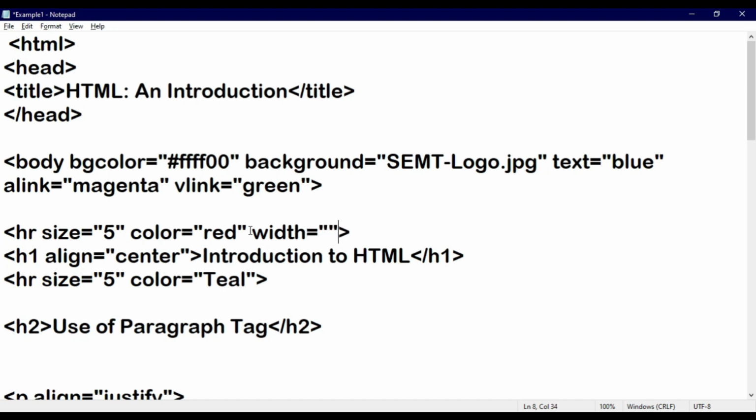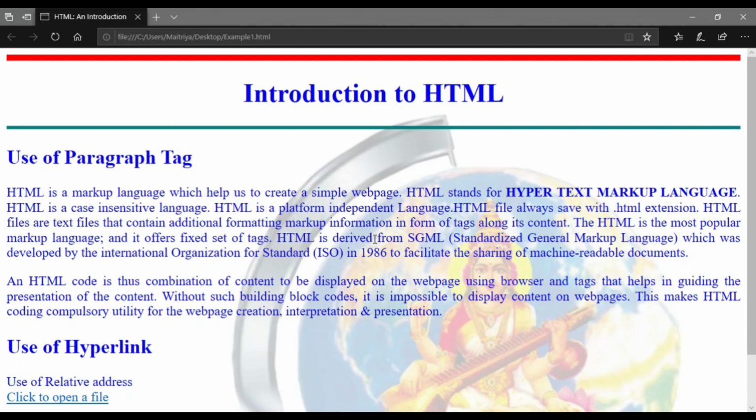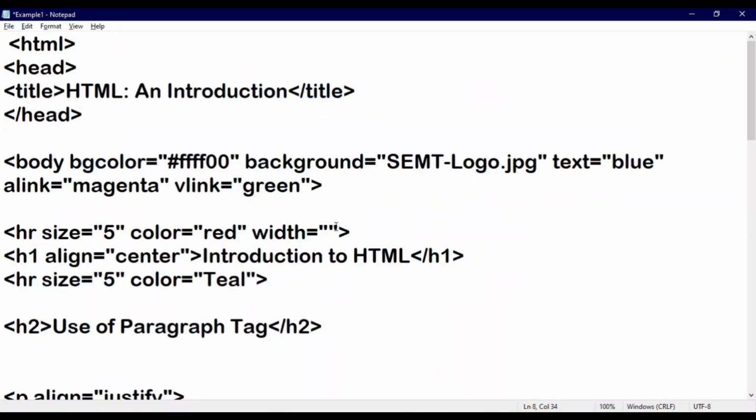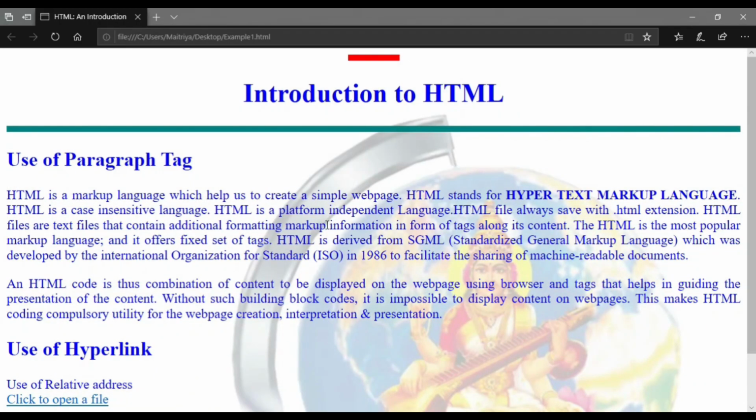In this width attribute we can set the length of a line, meaning how long you want it to appear on your screen, and by default the value of width is 100, meaning the length of your horizontal rule will be 100%. But instead of 100%, here I am writing 60%, or simply 60, then save your file, get back to your browser and press the F5 key. You can see the size of your HR is reduced, and it remains up to 60 only.